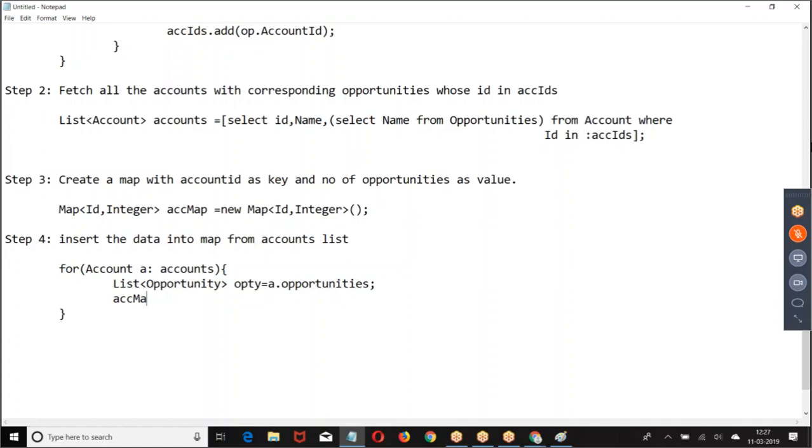How did you put it? ACC map dot put a dot id, opti dot I hope you got it. Take one by one account. This is accounts. A is an account. A dot opportunities are the list of opportunities associated with it. Then find out the size of the list.